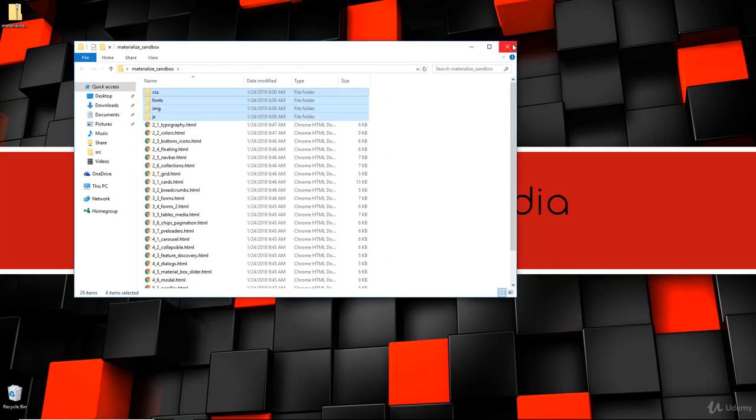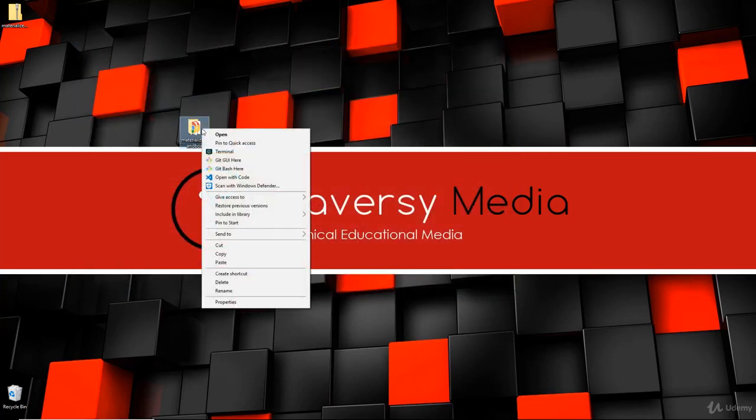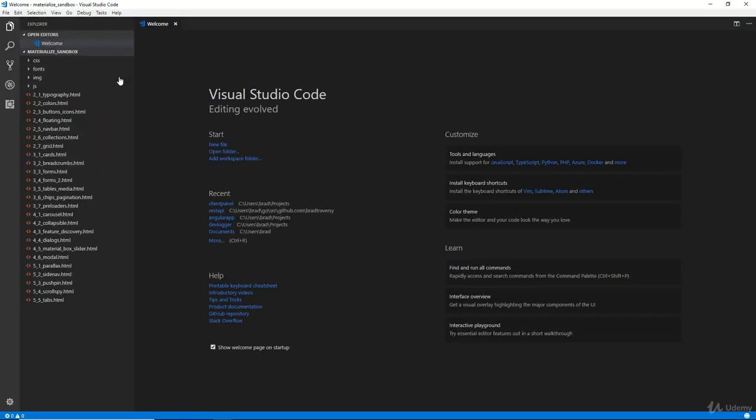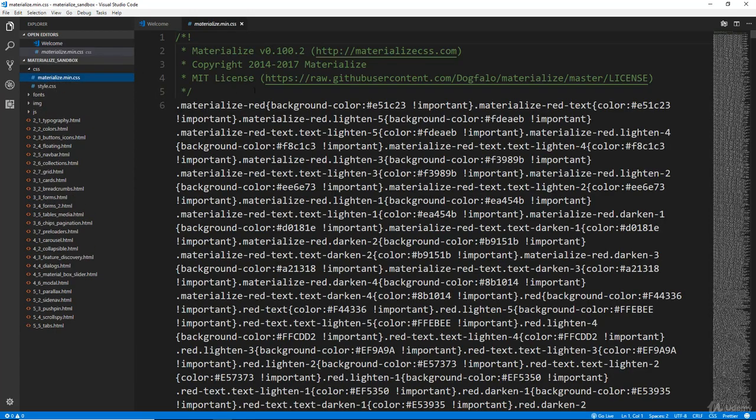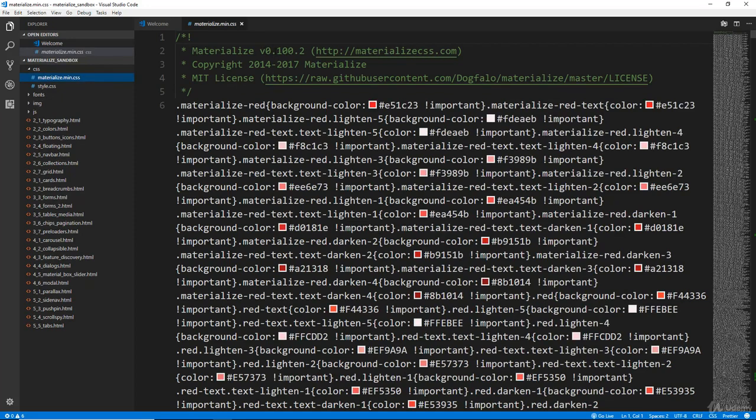So what I'm going to do is just open this with VS Code, which is the text editor I'm using. Feel free to use any other text editor. I would suggest having the files on the side here, though. All right, so let's quickly take a look at the structure. So like I said, we have an HTML file basically for every lecture for the next 4 sections. And if we look at the folders here, we have a local version of Materialize CSS. At this time, we're using version 0.100.2, which is the latest from